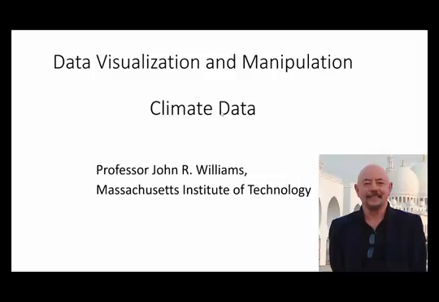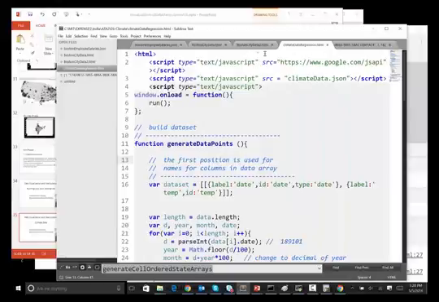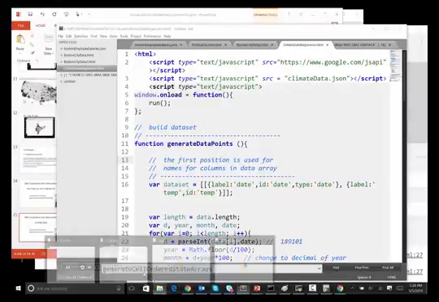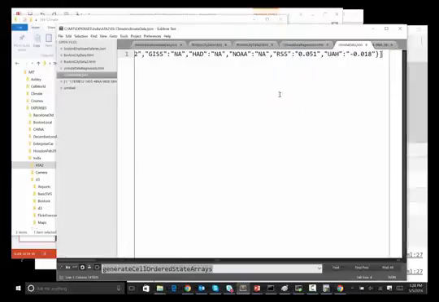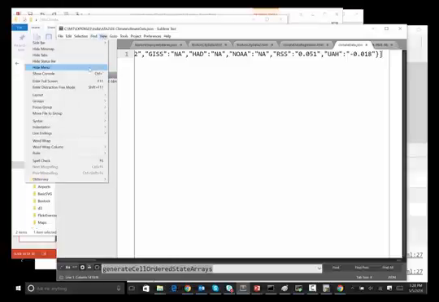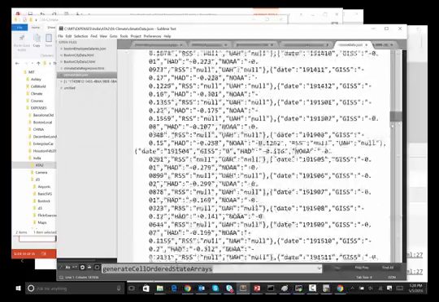This is a very practical application, and this is real climate data that we're going to plot in Google Charts. So let's go take a look at the data first. The data here is in, let's load this file, climate data. And if you go to view and word wrap, that's much better. So here's the climate data,